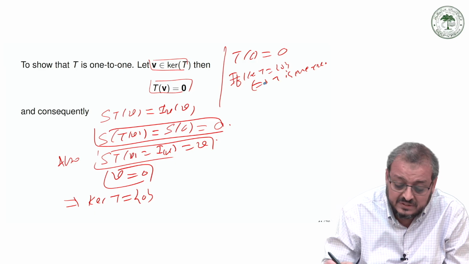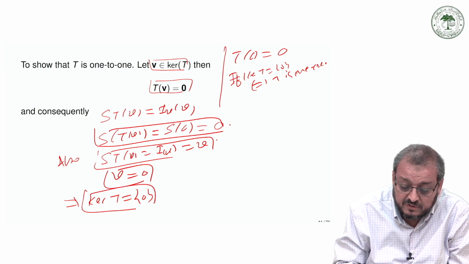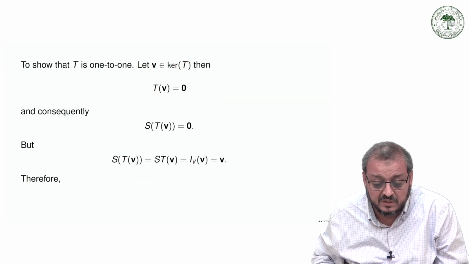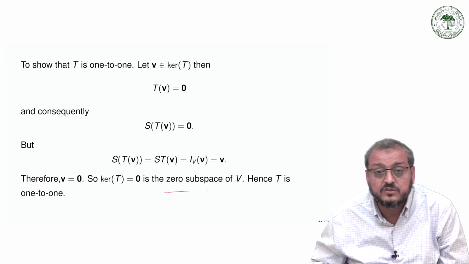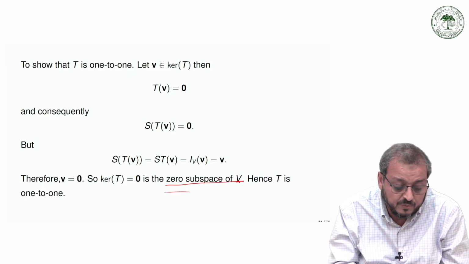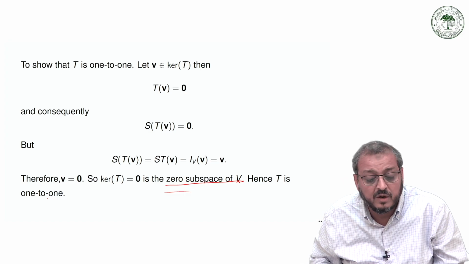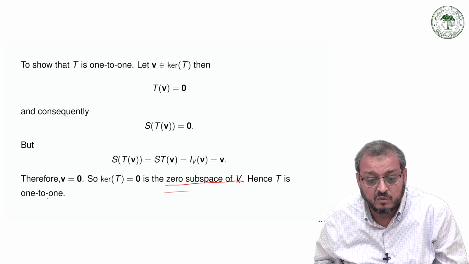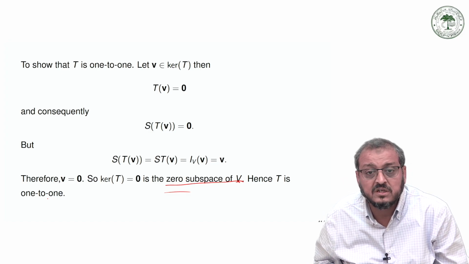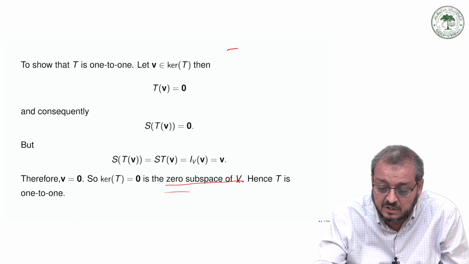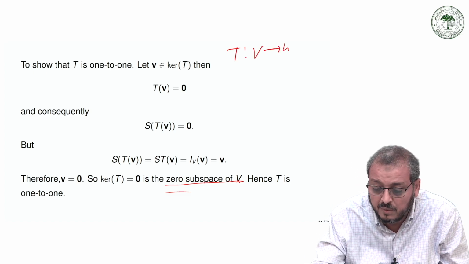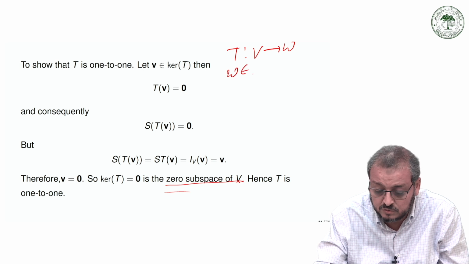So by this we can simply prove the first part, that T is 1 to 1. So this means we can say that this is a 0 subspace, so T is 1 to 1. Now we have to prove that this composition, T is also onto. Because T is from V to W, if you have a W belonging to W,